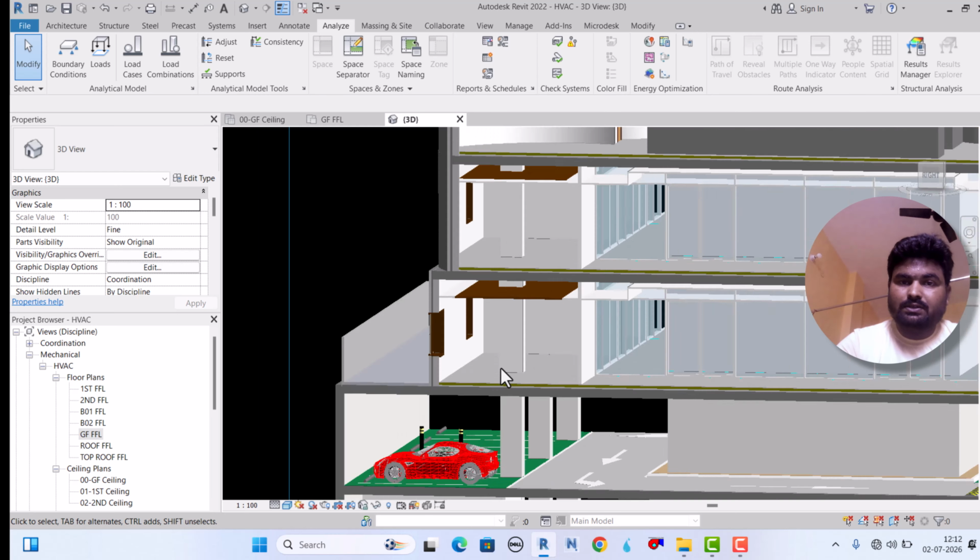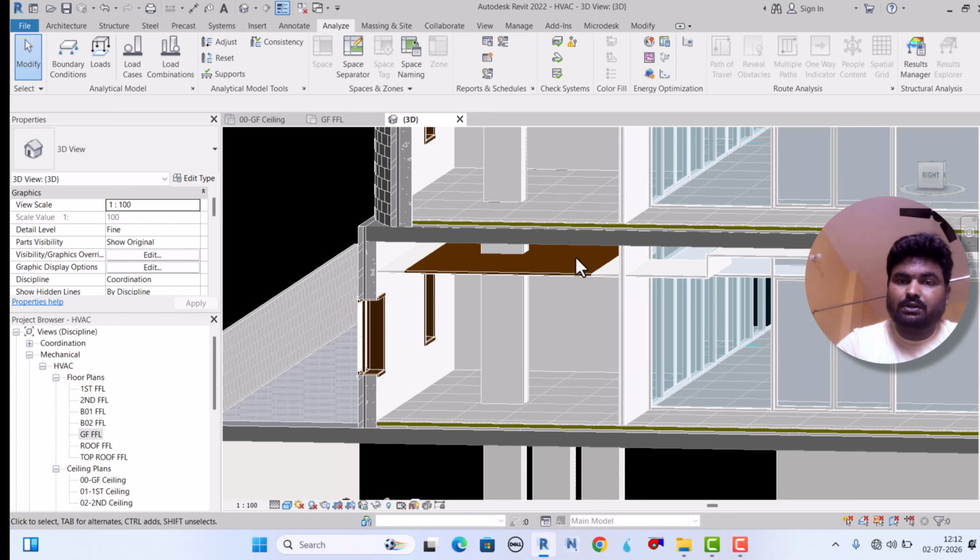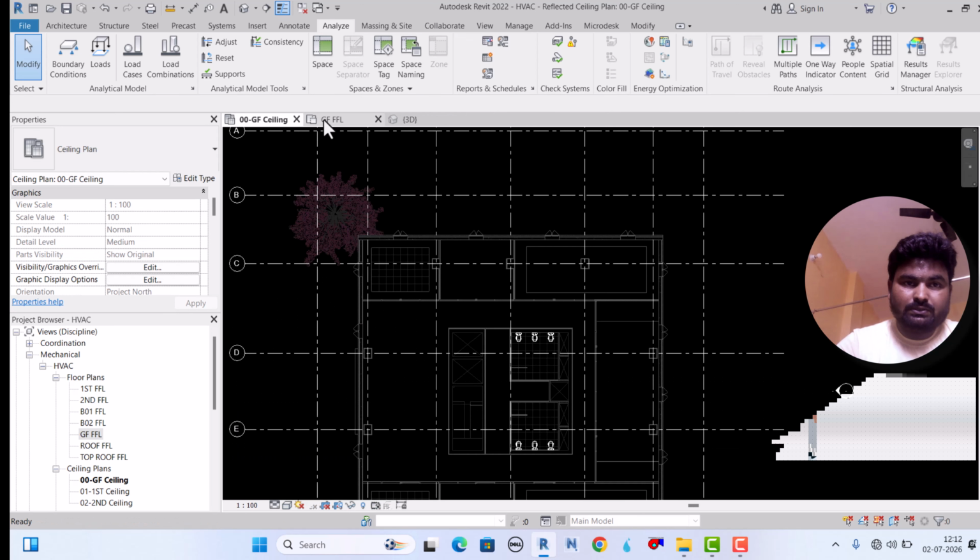If I take the return air through the duct, then I should consider up to the ceiling level. But here the return air is going freely. Okay, this is the reason I am taking all areas, right? So now